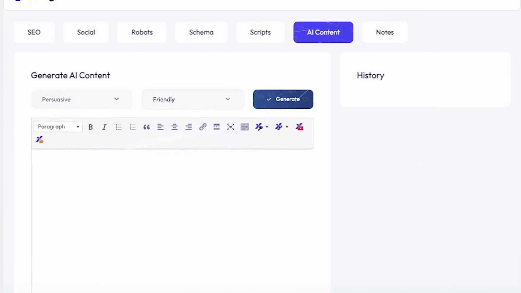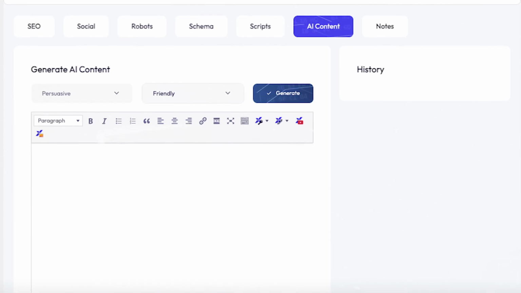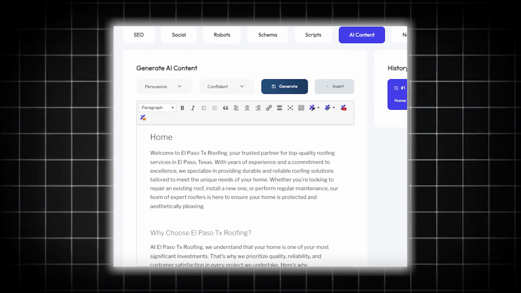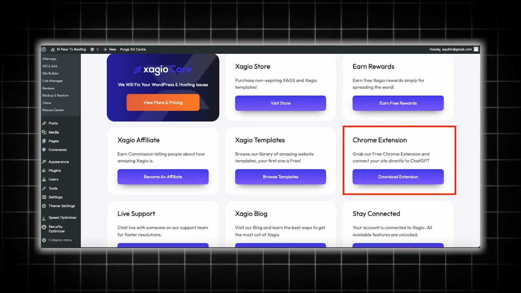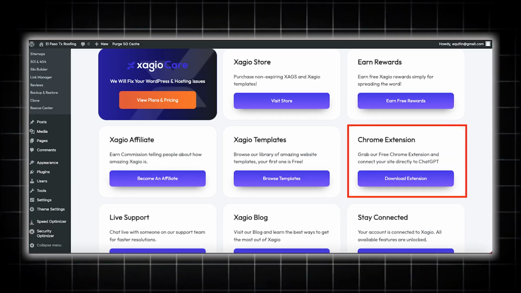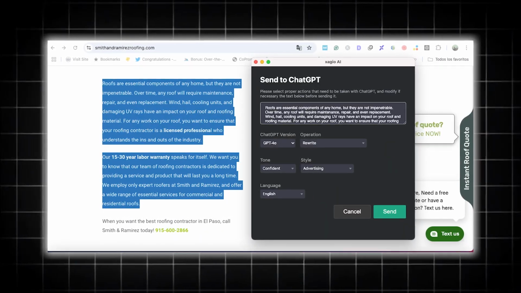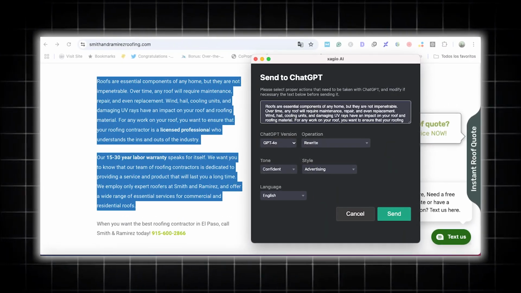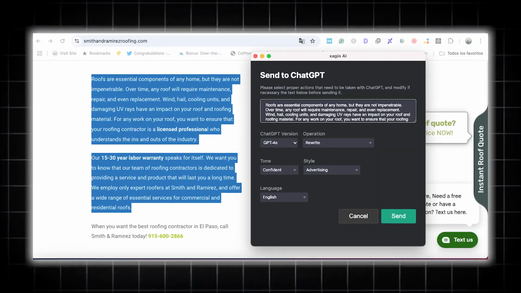I will use a persuasive and friendly writing tone and click on generate, and in a minute, I got the content. Zagio has a Chrome add-in that's very cool. You can find it in your Zagio dashboard resources. Once you download and install the Chrome extension and enable it, you can go to your competitor websites,